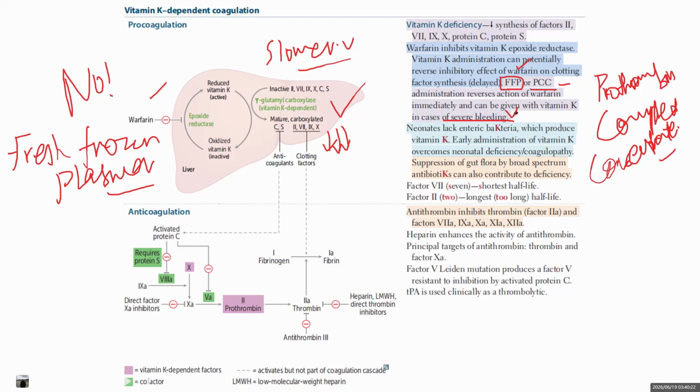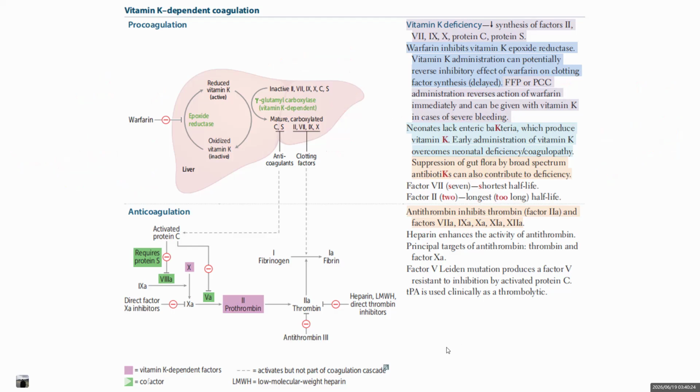So the answer should be, whenever an examination asks that a patient is on warfarin with serious bleeding, what do you do? The correct answer is, we give them vitamin K, because vitamin K will activate all the functional clotting factors. This would be the first thing. And second, you have to remember that you are also going to give fresh frozen plasma, and you are also going to give the prothrombin complex concentrate alongside that. So this is the complete and full concept